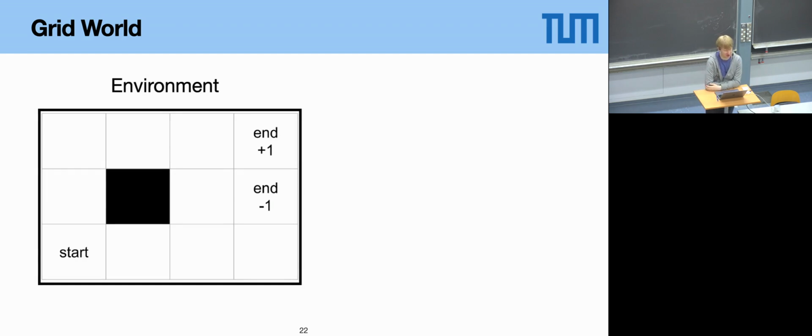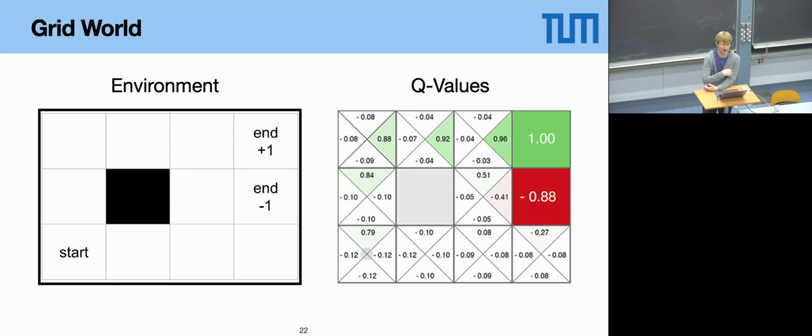And a little visualization now of what the result of such algorithms looks like. There's a reinforcement learning task that's called grid world. What you can do here is move on all the fields one step, and you start in the bottom left. On the top right you get a reward of +1, and on the middle right field you get a reward of -1. Your goal is to maximize reward, to find your way to the top right field. If you train Q values on that, it would look something like that.